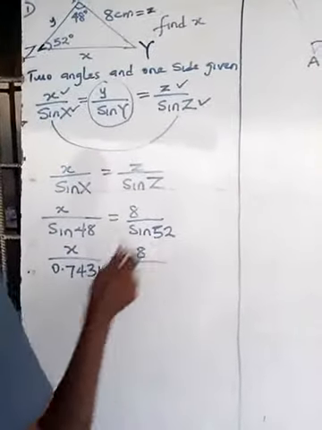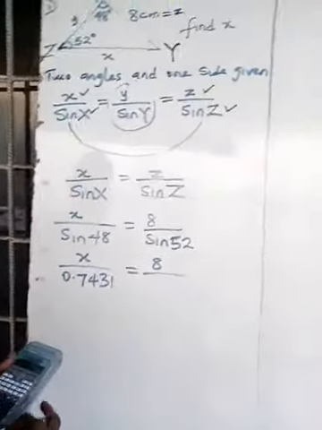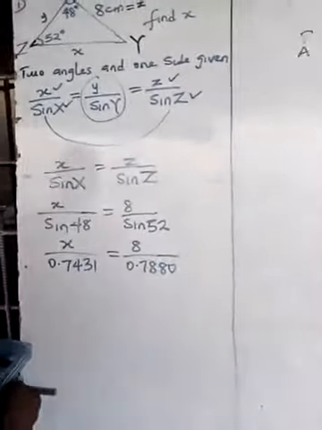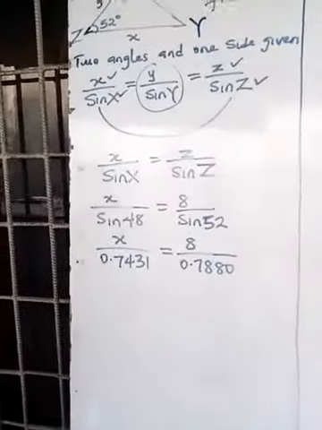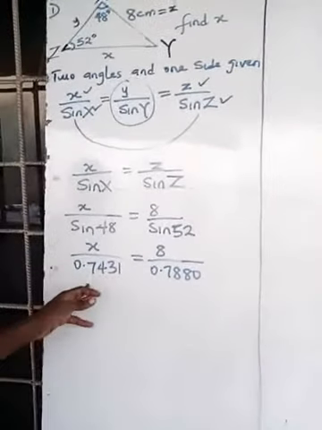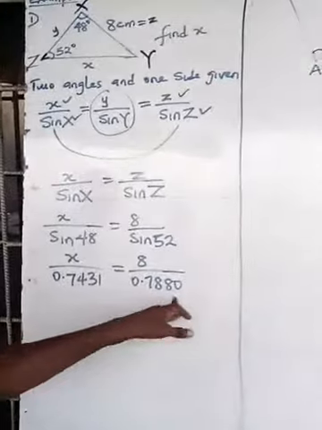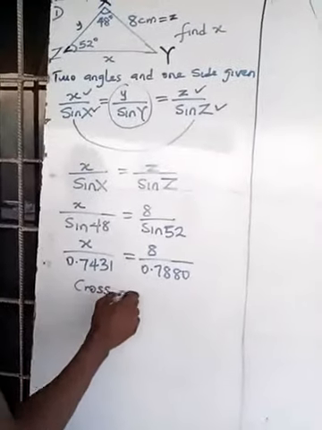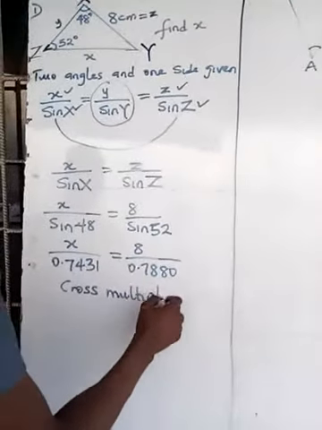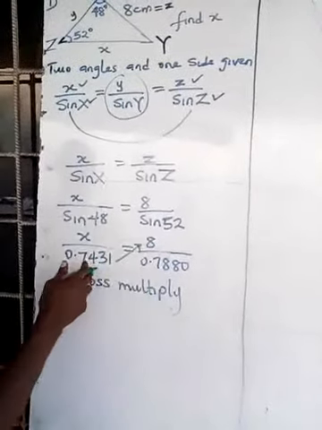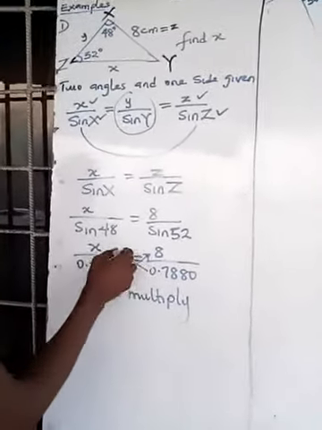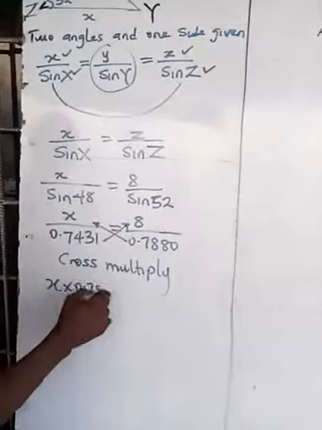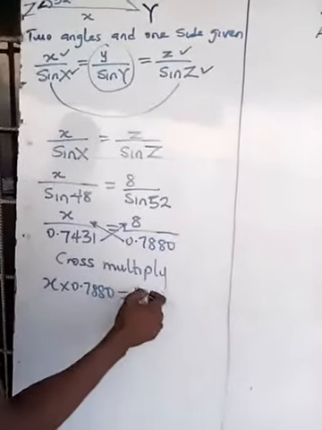So we have 8 over sine 52. Sine 52 is 0.7880. Now decimal place means the numbers after the decimal point. So here we have 4 numbers after the decimal point, that's why it's to 4 decimal places. So we cross multiply to clear the fraction. If we cross multiply, it means this denominator will multiply this numerator, and this denominator will multiply this numerator. So we have x times 0.7880 is equals to 8 times